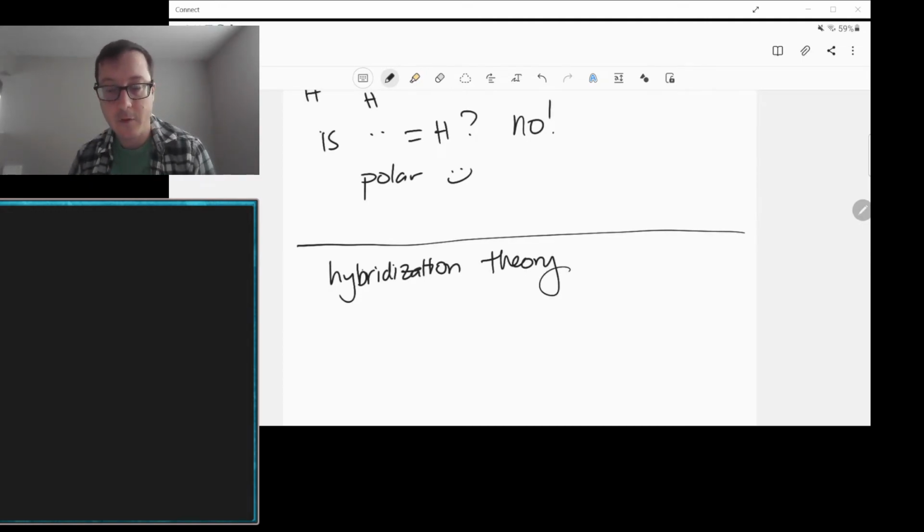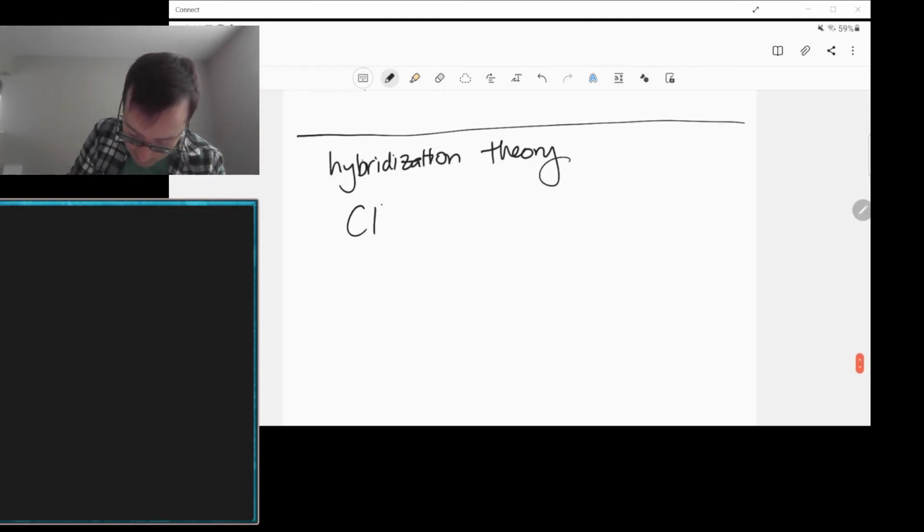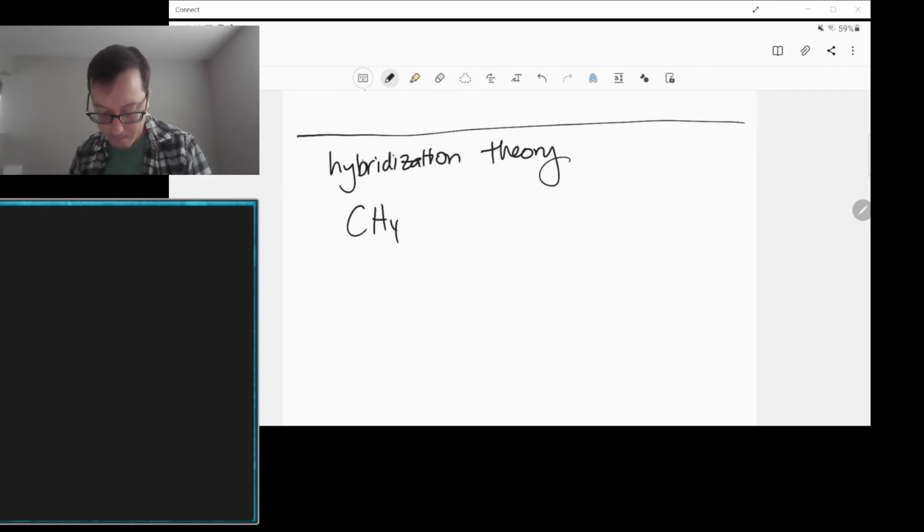Hybridization theory. This is very relevant in organic chemistry specifically, but it's going to help explain some of the phenomena we see with Lewis structures. So if we are going to consider the molecule methane,